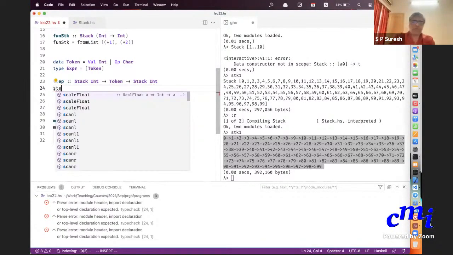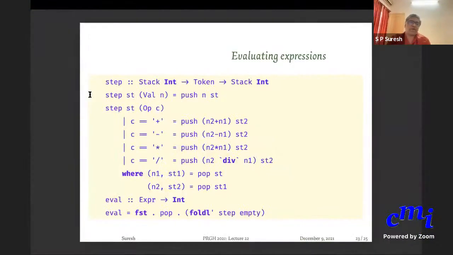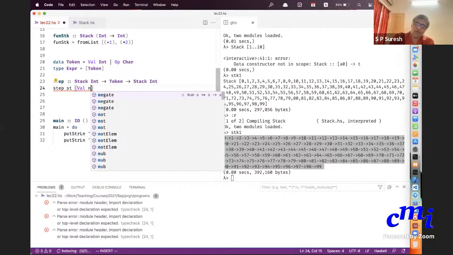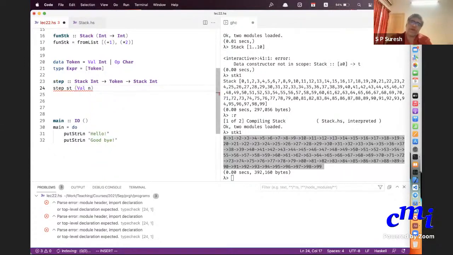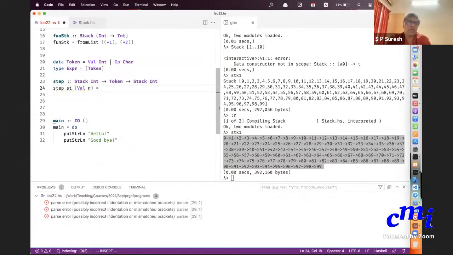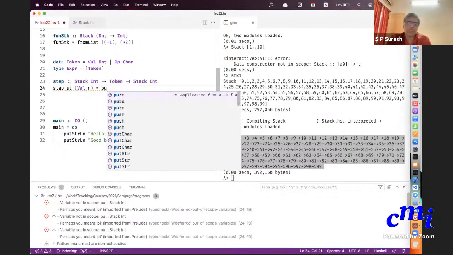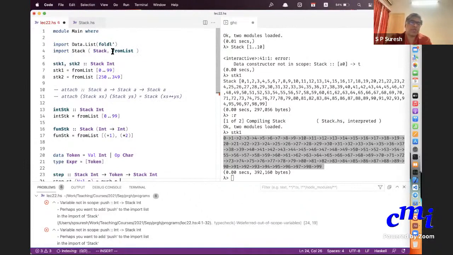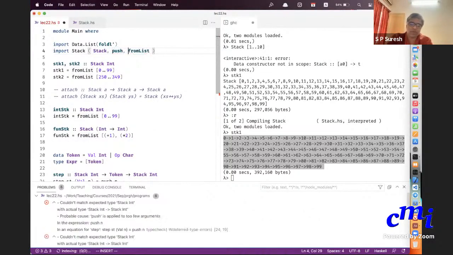Okay. So here is what you should do. Step stack, and if you are encountering a token of type value, I mean val n, the value n, you should push n onto the stack. So which means that I need a push here. I need a pop also here.